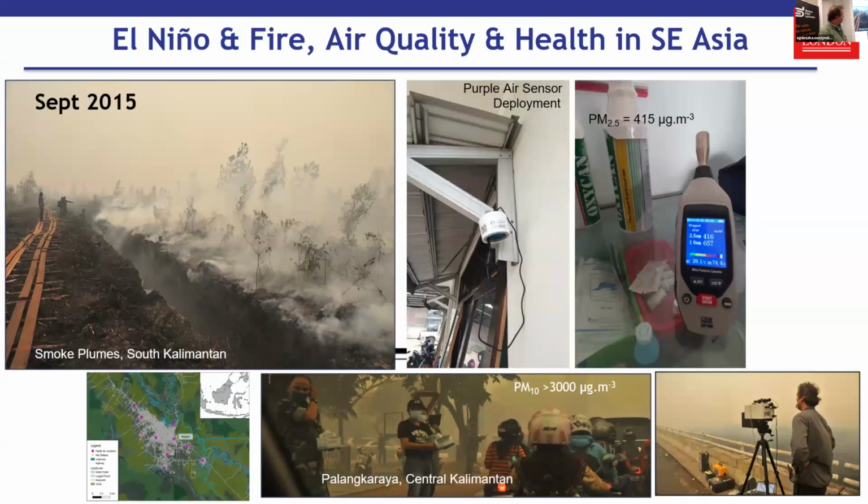This is Indonesia, where we went in 2015, and we went back in 2019. We put up all these little air quality sensors, which we calibrated in the combustion chamber to measure smoke particulate matter concentration, because they give you particulate matter concentration, but it's not correct in fire affected environments. Any of you who know about air quality will see that and think, well, that doesn't look very healthy, which it is not. Something like 300 micrograms per meter cubed is the level considered extremely hazardous, and that was 3,000. It's because of all these terrible peat fires, where the land is on fire, not the vegetation.